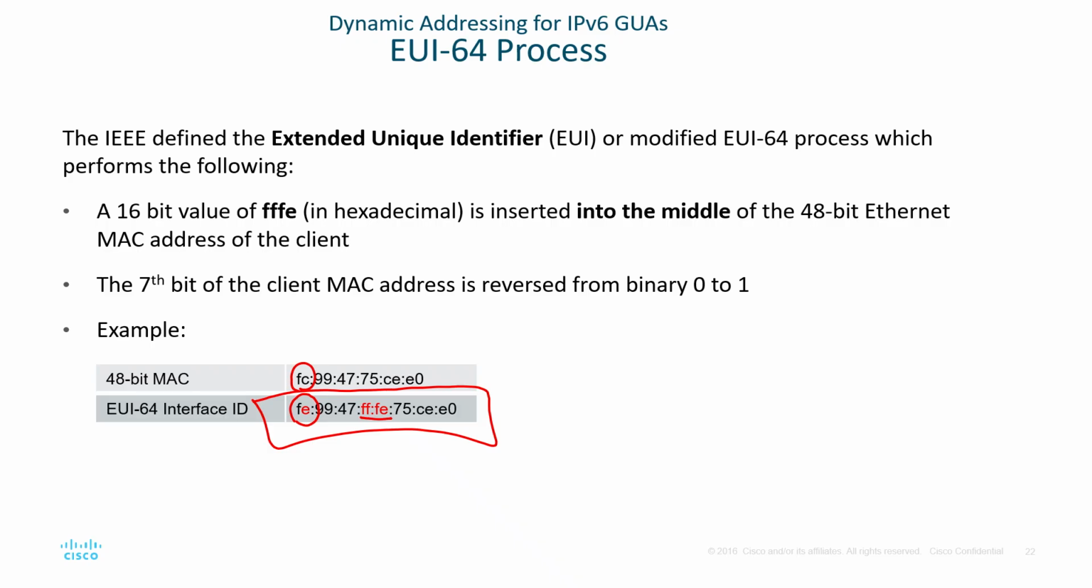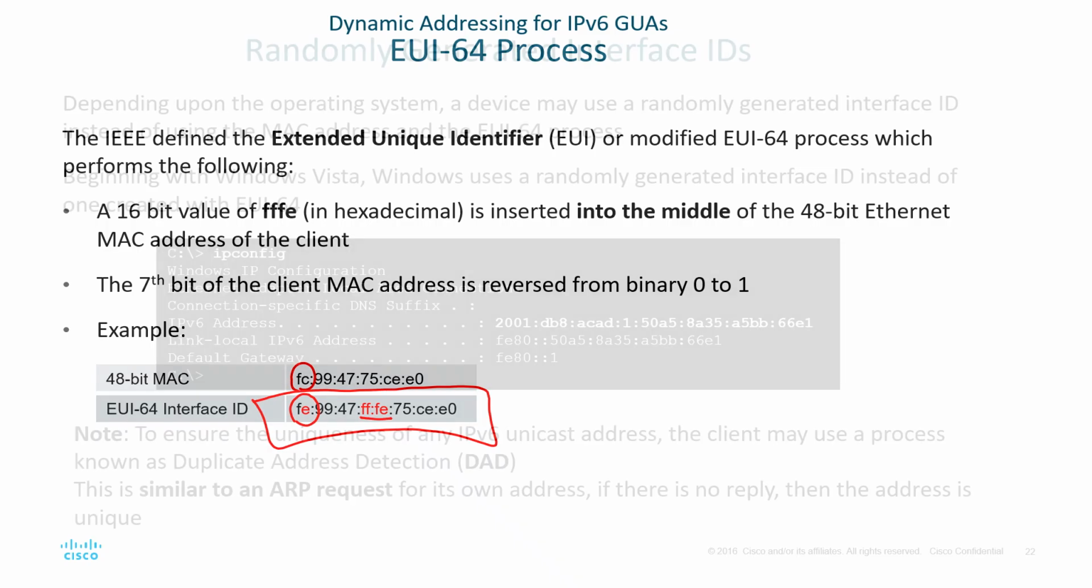That is the EUI-64 process, easily understood because of that FFFE. So even if you didn't know what the previous or original MAC address was, the only way to identify it would be: FFFE tells me it was the EUI-64 process. So again,